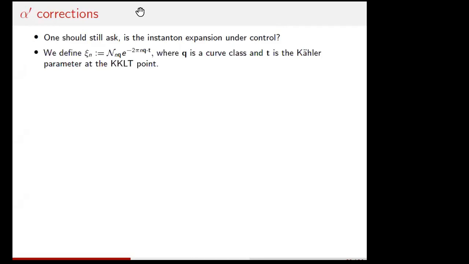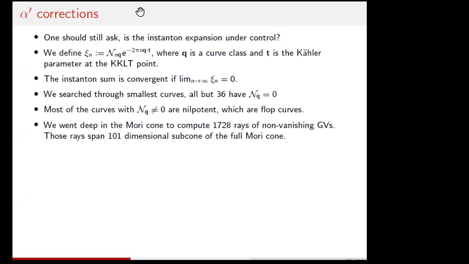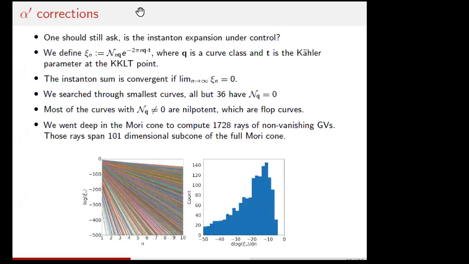We should still ask whether or not the instanton expansion is under control. Because you may still think that the reason why we get small corrections from the instantons is because we didn't go far enough in the instanton degrees. And after some point, you may think that the instanton contributions may start to blow up. So to really show that that is not the case, we had to go really deep in the Mori cone. Let me just quickly skip some technical details. But what we did was to define some control factor psi, which is basically the Gopakumar-Vafa invariance times 2e^(-2π × string frame curve volume). And then we went really deep in the Mori cone, and then we found